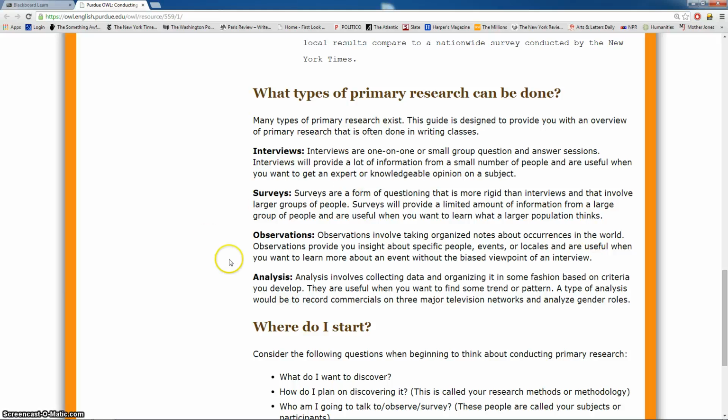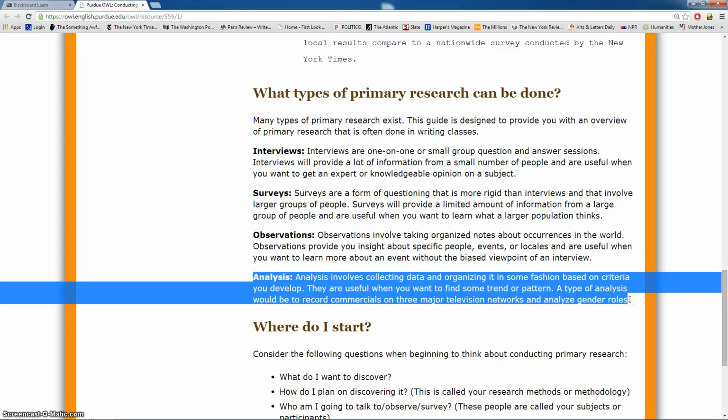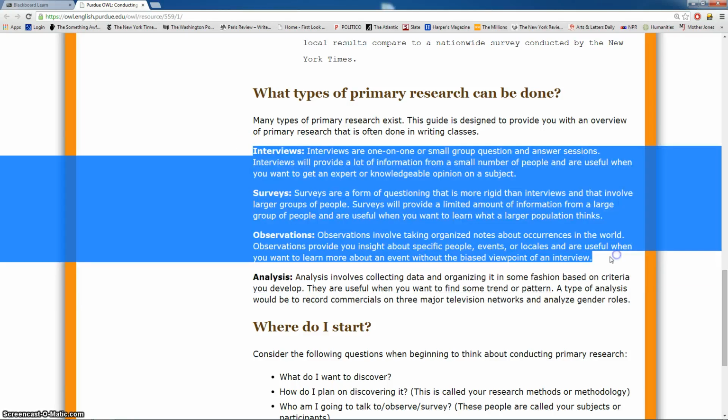This last kind probably won't be applicable for your own discourse analysis, but it might be. That's the analysis where you go out and actually collect data. So, for example, age, gender, socioeconomic status, and then based on that data, you make conclusions. Again, this probably won't be used in your discourse community analysis, but there's an off chance it might be. You will probably tend to use these first three in your analysis, so just keep that in mind.